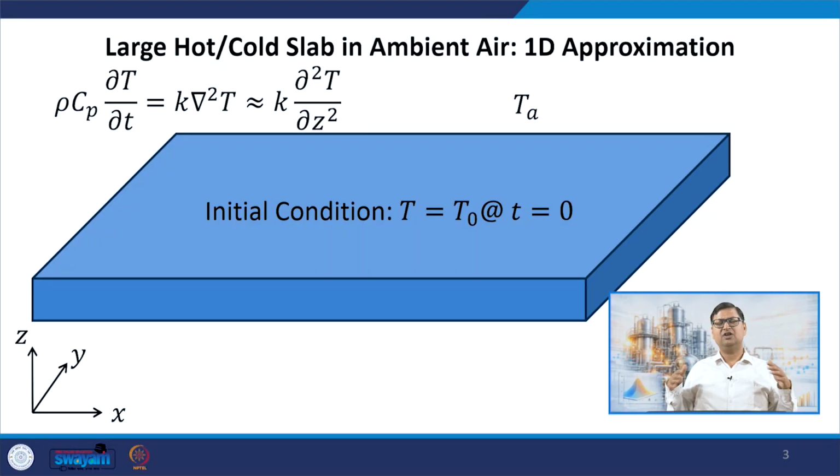So I'm going to basically start with this system. You have a large slab, think of it like a table, right? At the top of a table, a large slab that has much bigger length and width compared to the thickness. The thickness is the smallest of the three, and the length and width are much higher than the thickness. And let's imagine that this large slab is either very hot compared to the ambient to begin with,